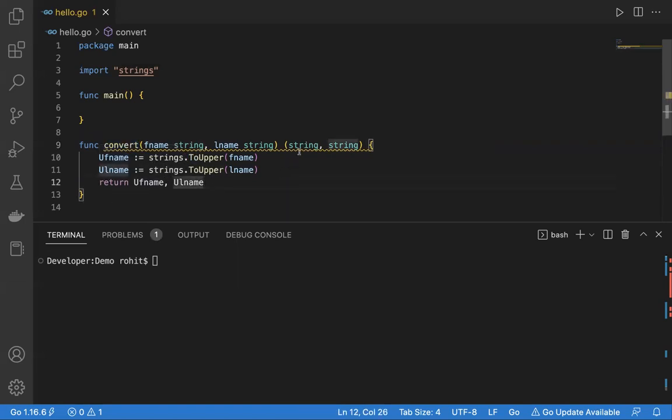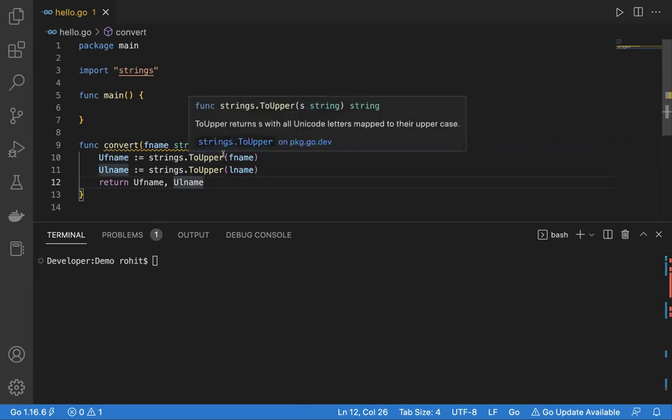So that's why it's giving a warning. It's a warning because there's an orange line in here. If it would have been an error, this line would have been red. And this is due to the